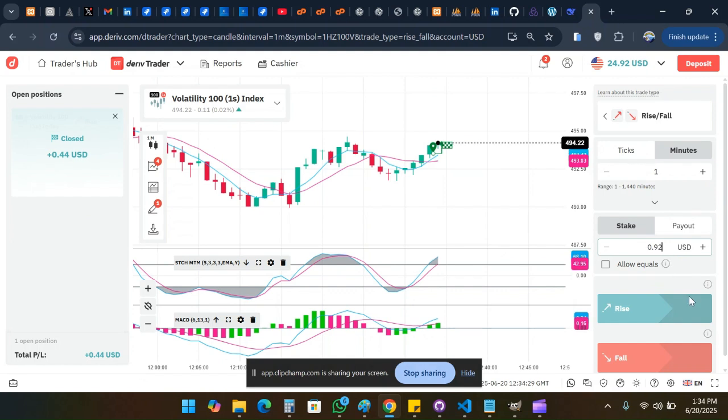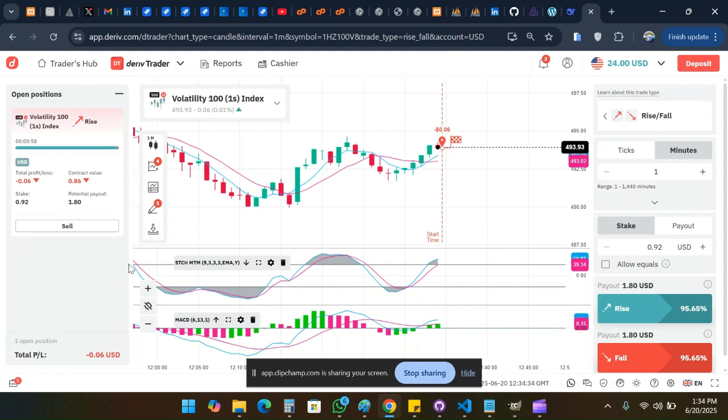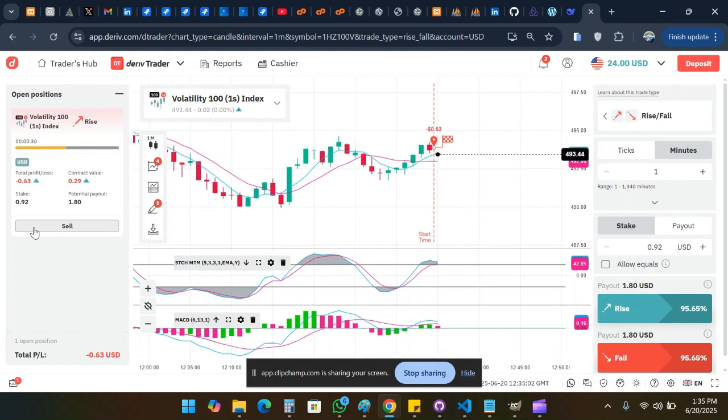So let me quickly enter a little bit here. Although I shouldn't have entered this, I just wanted to try and complete that one to $1. Let's see if it can. I shouldn't have entered, but let's try our luck. The market will want to come down against you first, but it should go up. Can you see what I'm saying? I shouldn't have entered, so I have lost that. That is greediness.